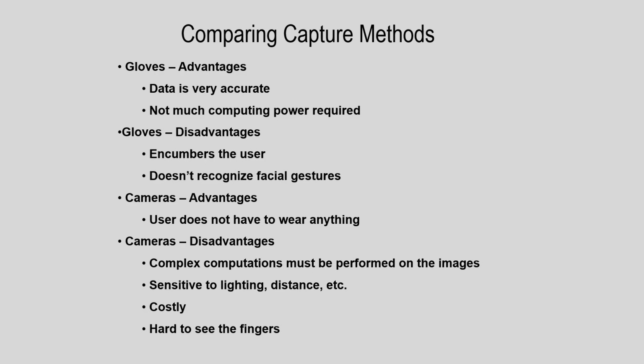And if I consider the vision based system, one main advantage is that the user does not have to wear anything. That is one important advantage. And disadvantages are that we have to do complex computations, because we have to do the image processing, and since we have to consider different lighting conditions and the cluttered background, we have to do lots of image processing, and that is very difficult. And sometimes there may be a problem of occlusions. It is hard for the camera to see the fingers. This is nothing but occlusion. So, these are the comparisons between the glove based system and the camera based system.